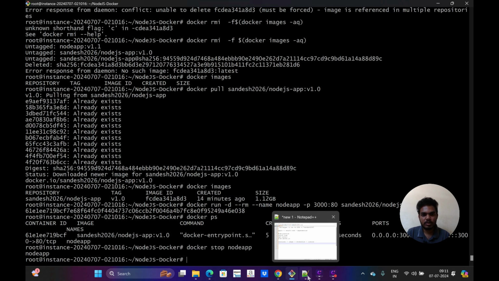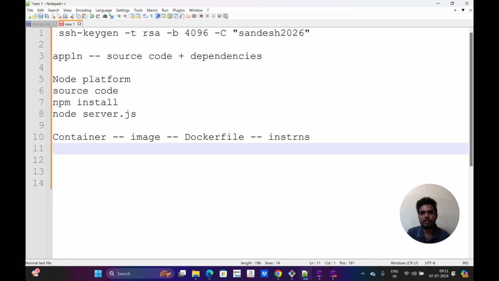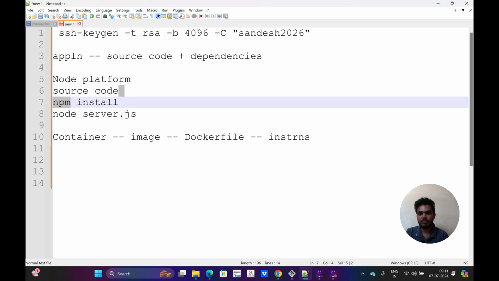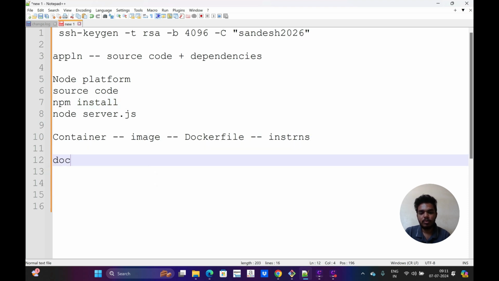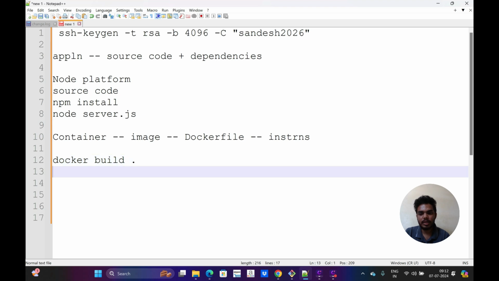Then one more thing I want to show you. I will just brush up all the things we have learned today. First, we created an application using Node. We created a Dockerfile, image, and container. Then we learned that for building we run the Docker build command with the path name. Then for creating a container, Docker run -p,